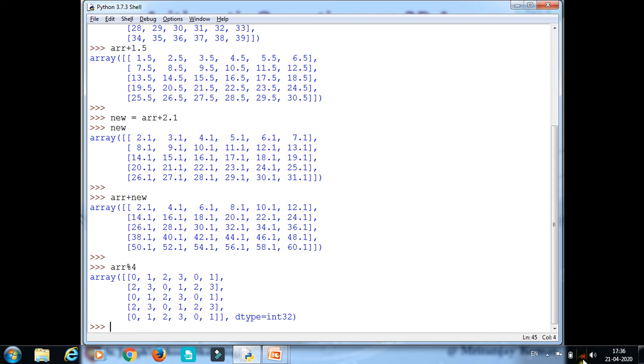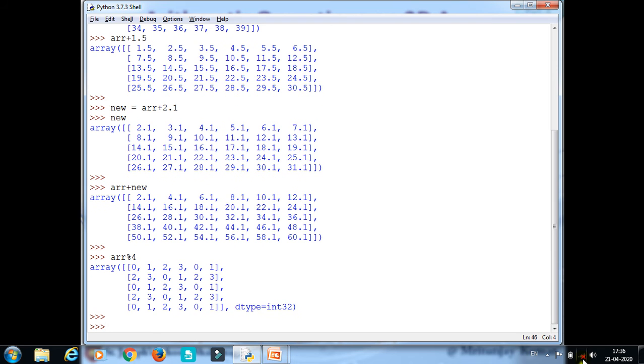Now we have used operators. We have learned about the functions also. Let us see with the functions. The same thing I have to perform with the function. For example, I have to find the remainder only with the function. So the mod function I have to use. What do I have to write?